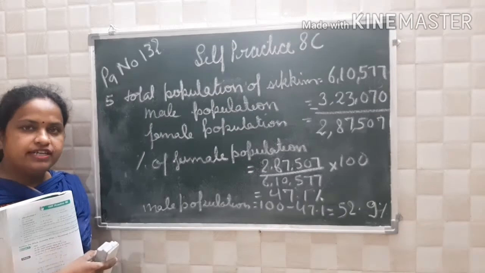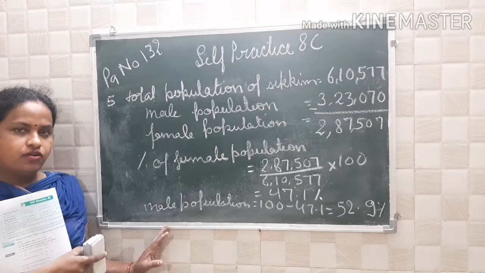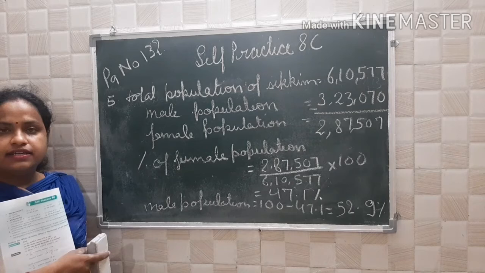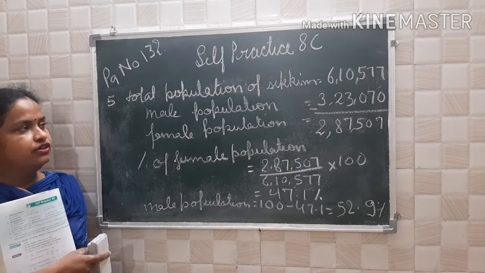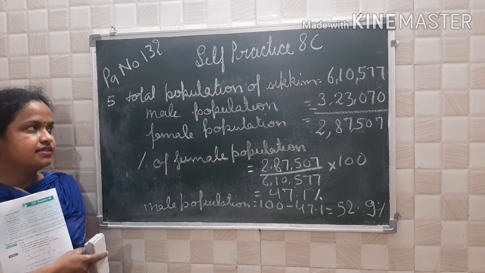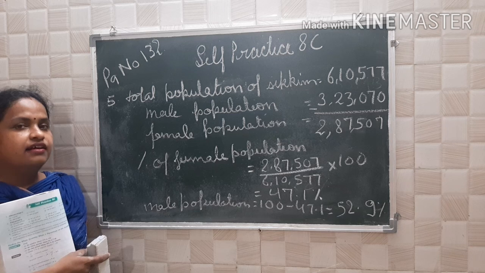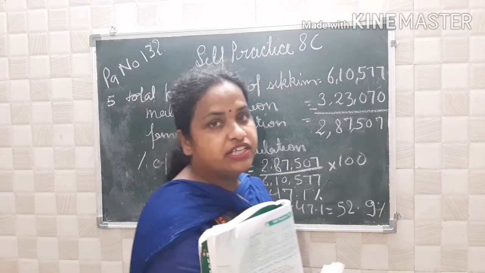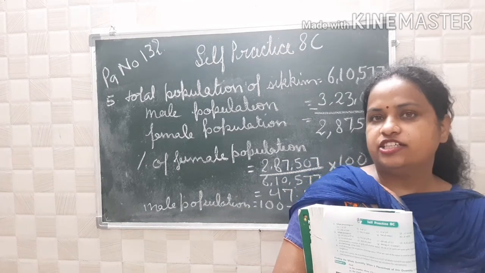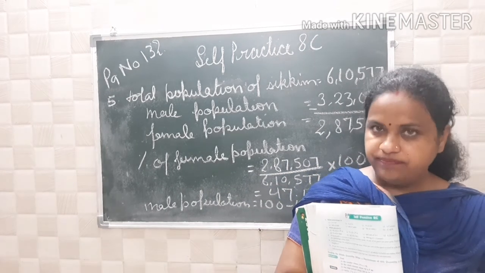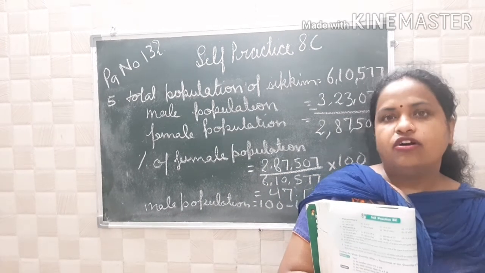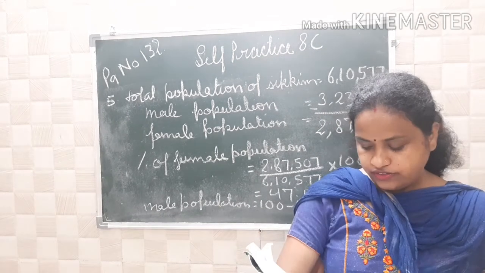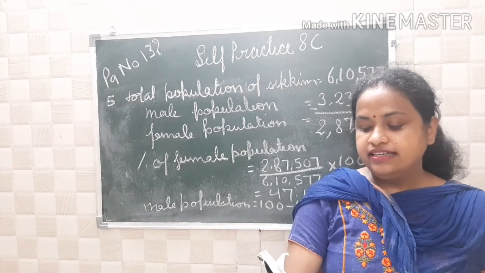Okay friends, till here is it clear or any confusion? If there is any confusion you can ask about it. Now what is at the last? Till here you have studied only about the population and the percentage, how to find the percent, whether it is in the form of a fraction or whether you have to convert to a fraction and find. Now second you will have the increase and decrease.